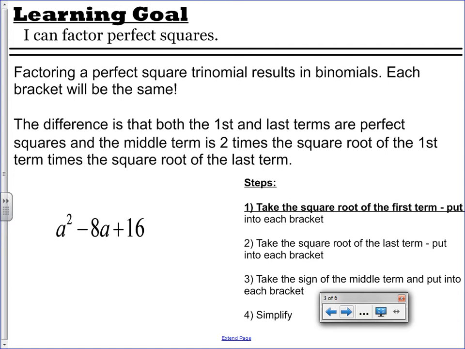So it's pretty straightforward. Factoring a perfect square trinomial results in binomials. Each bracket will be the same, which we just figured out. The difference is that both the first and last terms are perfect squares, and the middle term is 2 times the square root of the first term times the square root of the last term. Okay, so there's going to be a trick here, okay? And to do this,